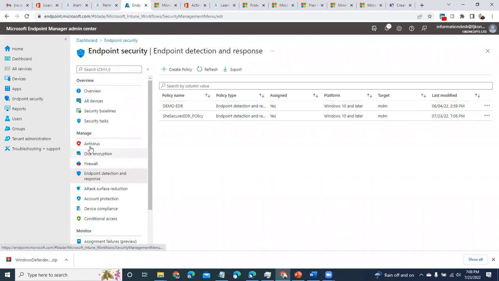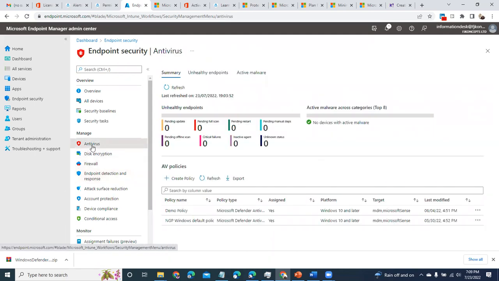Okay, so now we go to the antivirus. Remember, we have onboarded. We just pushed only one. We didn't even push any agent. We just activated the sensors. The sensor was already on the devices by default. All we did was onboard it so that those sensors will know that this is the tenant where you're supposed to be pushing your telemetries to. That's all we did.